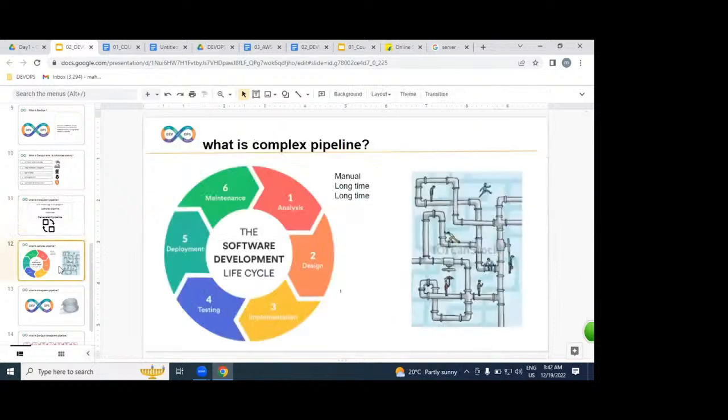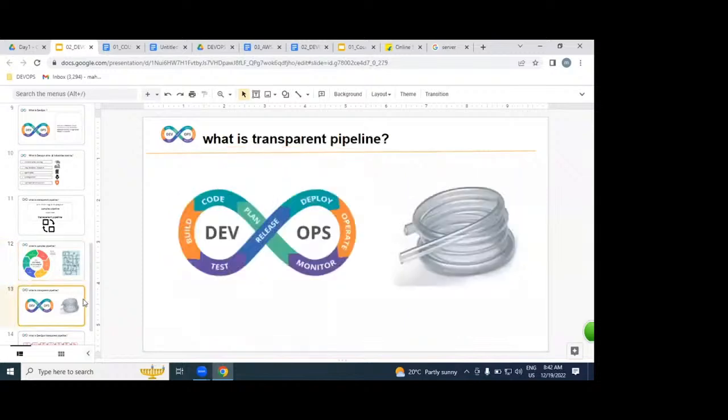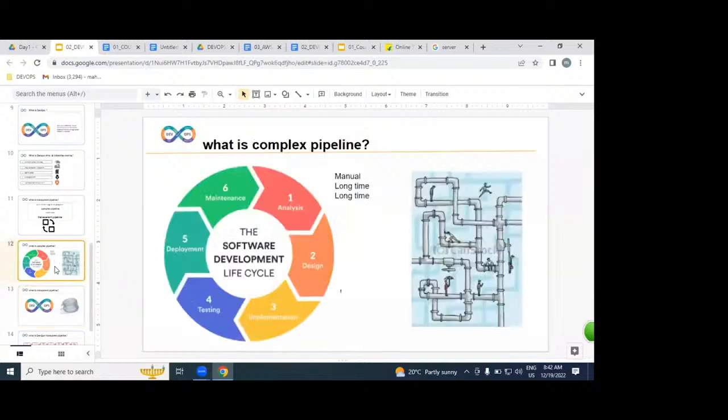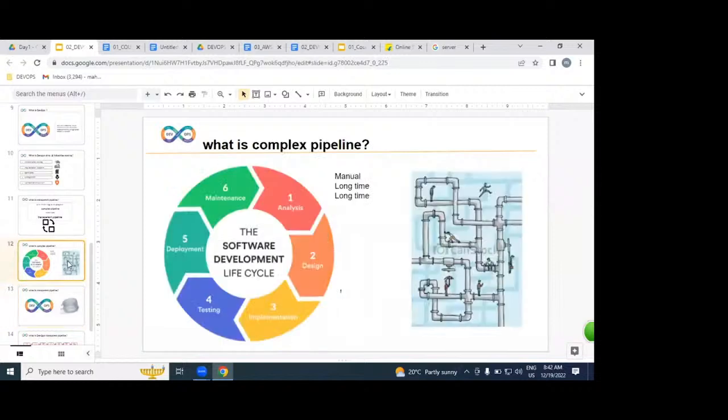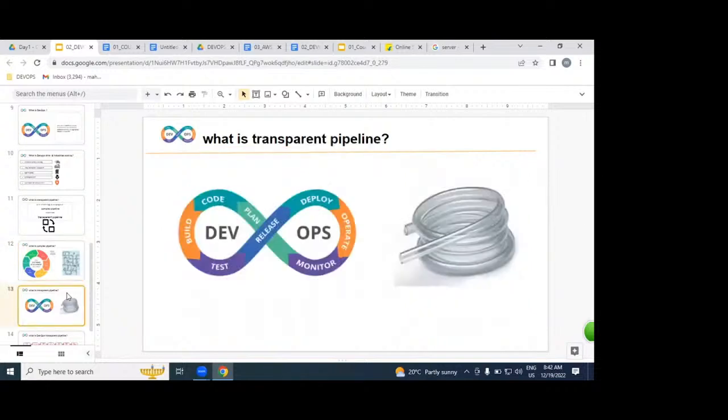What exactly is a complex pipeline? Our SDLC process is a complex pipeline. We know SDLC very well, we have discussed it already. SDLC is a complex pipeline. What is a transparent pipeline? The DevOps process. Very simple. We understood very clearly what SDLC is and what the DevOps process is, so we are going to replace our SDLC process with the DevOps process.